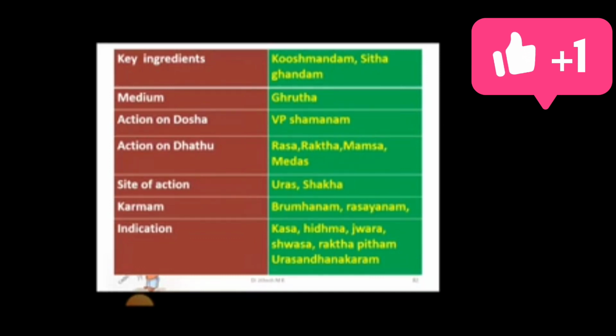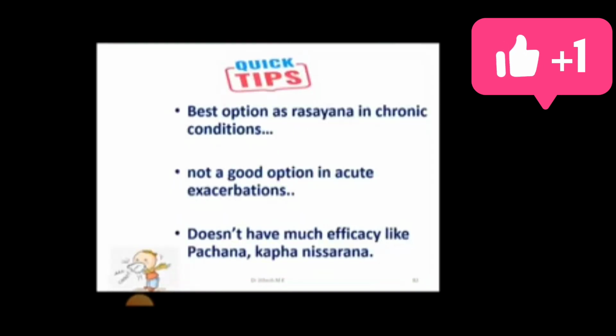Urasandhanagara is nothing but Shataja and Trayajakasa. Urasandhanagara means nothing but Urakshada, that is Shatajakasa. So, Kushmanda Rasayana is the best option as a Rasayana in chronic condition. Again, as I told you, Rasayana,